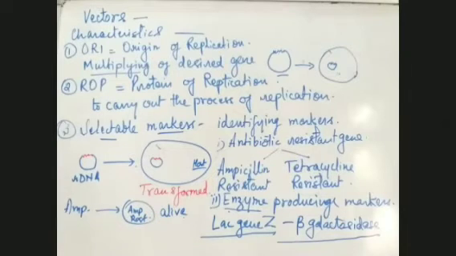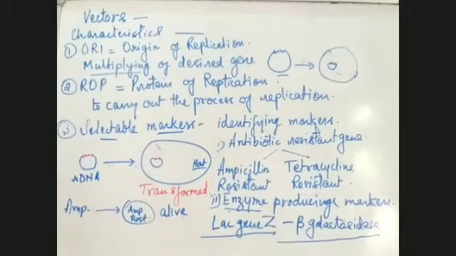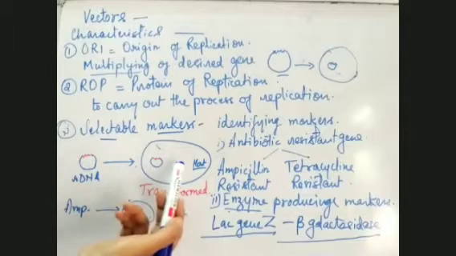See, antibiotic resistant here is a marker. Marker means how we will identify our desired gene. See, this is a vector plasmid which is carrying our desired gene into the host. The red colored one which I have made is our desired gene, and it has been introduced in a vector. This vector is a plasmid, and it will help us carry our desired gene into the host.